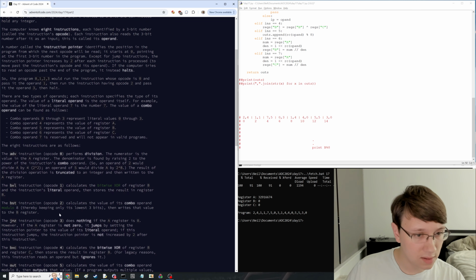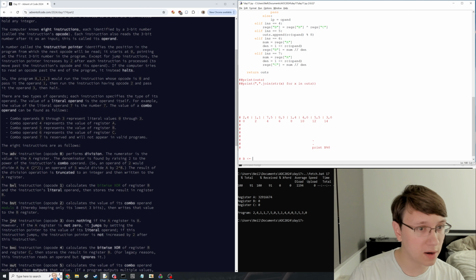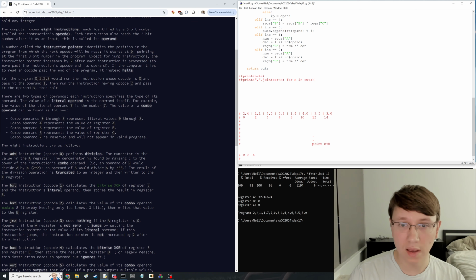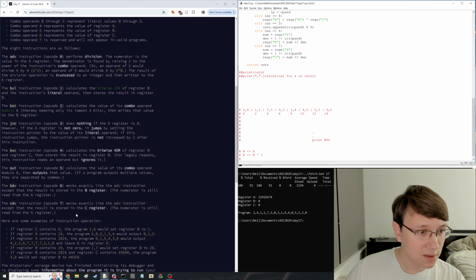This is doing combo to B. Maybe I should read it like this: B to combo 4, which is A. 1, 1. That is BXL. So XOR B, store the result in B. B XOR the literal operand, which is 1. 7, 5. That is